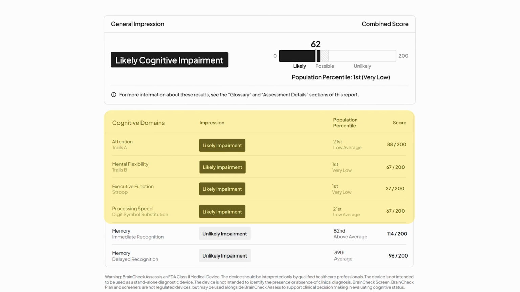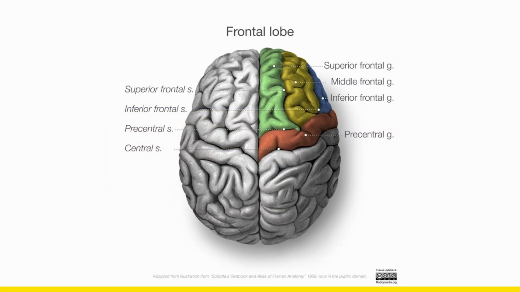This pattern may reflect early dysfunction in the frontal lobes, basal ganglia, or white matter tracts. It is commonly seen in conditions such as vascular dementia, dementia with Lewy bodies, frontotemporal dementia, and late life depression. This pattern can also be present in Alzheimer's disease. Environmental and emotional contributors like sleep disruption or sleep apnea, stress, medication side effects, or substance use can also impact